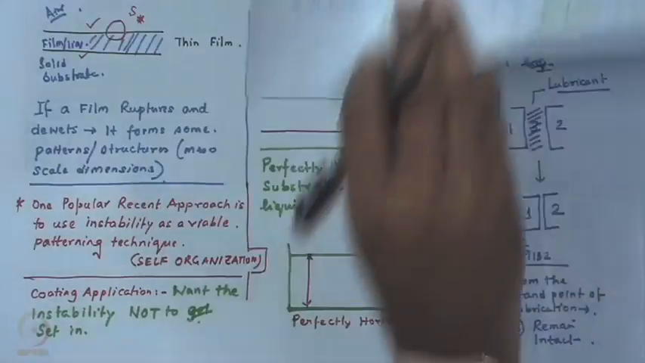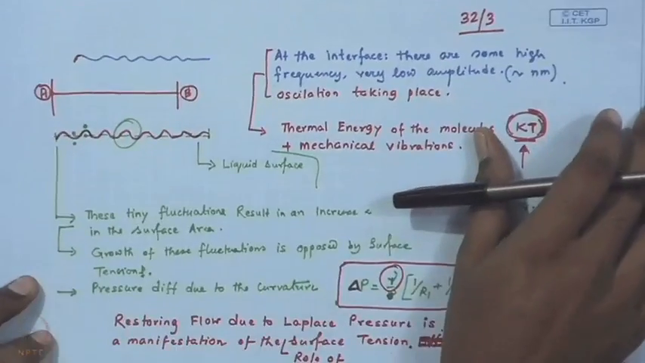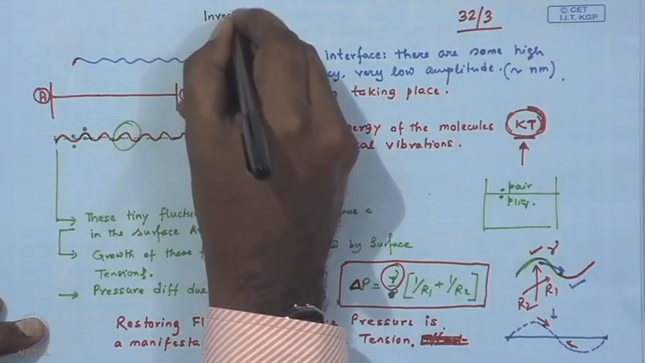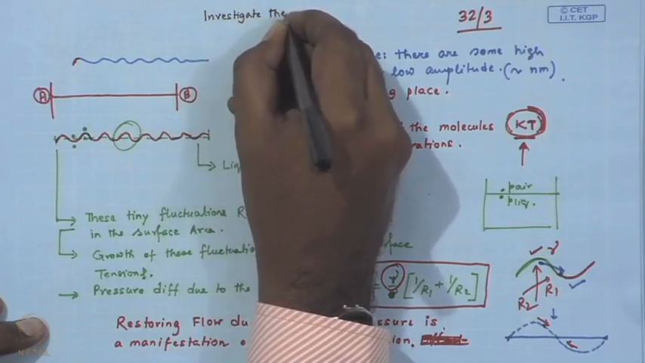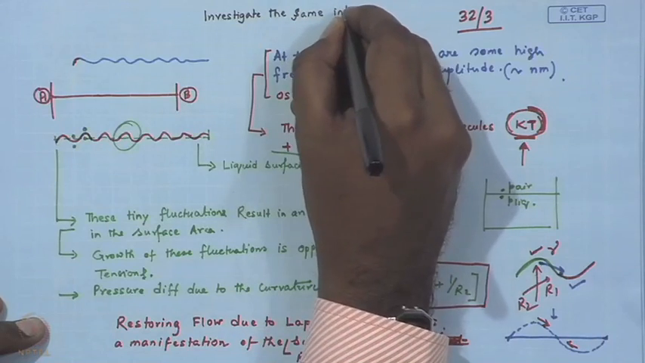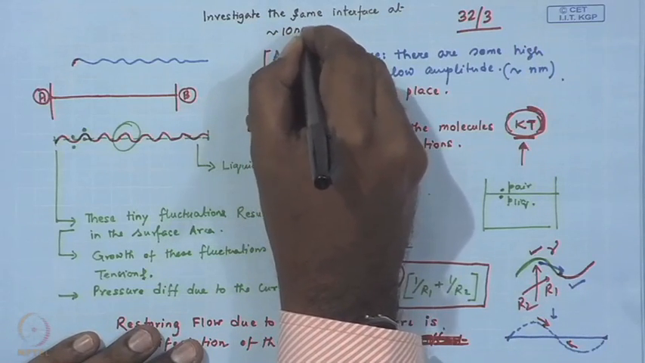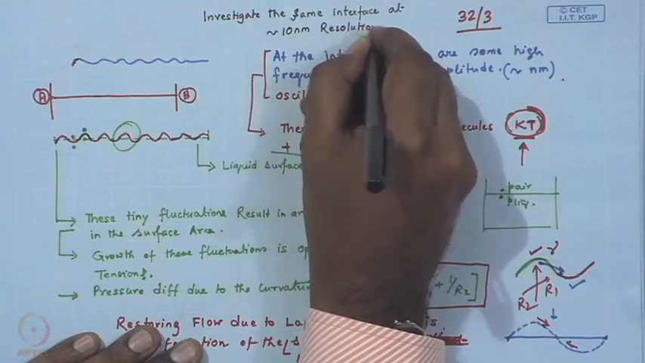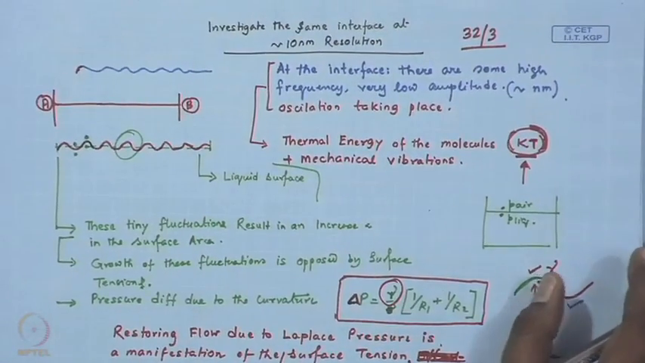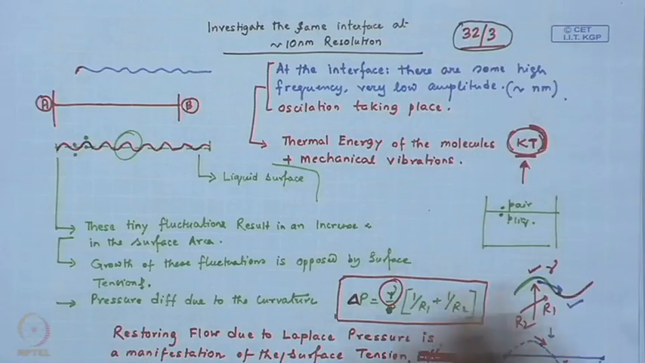Okay. But then we argue that if we investigate the same interface at a very high magnification, or at, let us say, a 10 nanometer lateral resolution, then we find that the interface is no longer perfectly flat as we had argued or assumed in a macroscopic picture, but you have some very tiny fluctuations which are decorating the interface, and these fluctuations have their